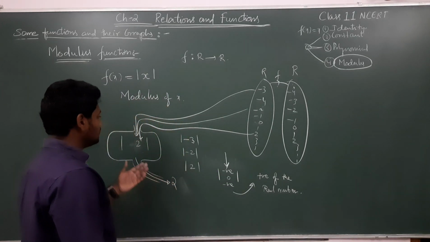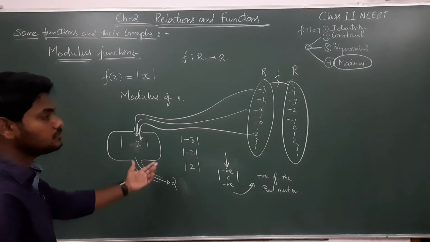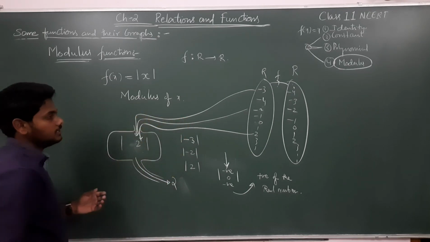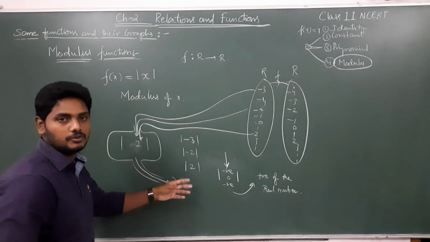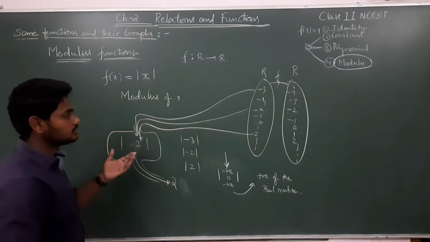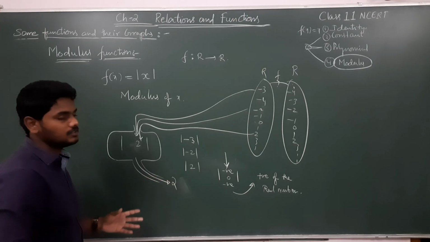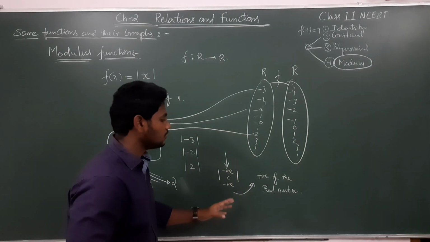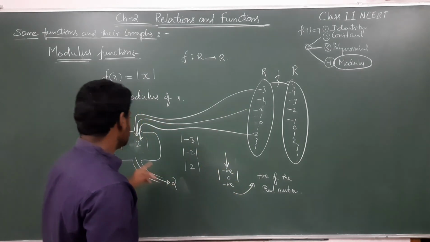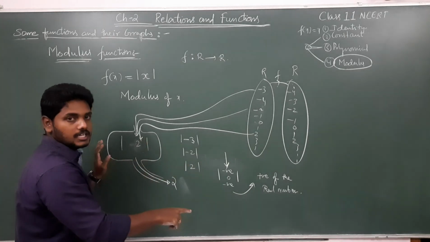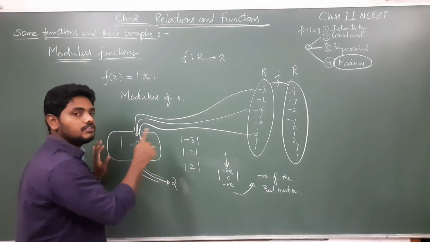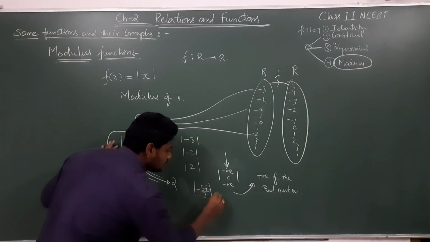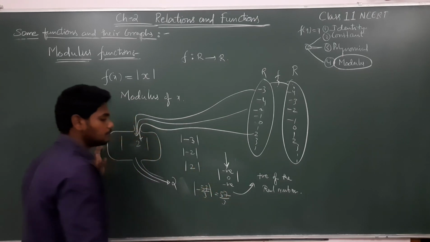For example, consider this as an instrument. Say you have gone for a treatment. If we take a bad boy, again it will come out a good boy. If you take that good boy to that institution or instrument, again it will give a good boy only. It may be positive or negative, but the output is always the positive of that number. So minus 3 means 3, minus 10 means 10, minus 25 means 25, plus 25 means plus 25, minus 57 by 3 gives 57 by 3. Always positive it will give.